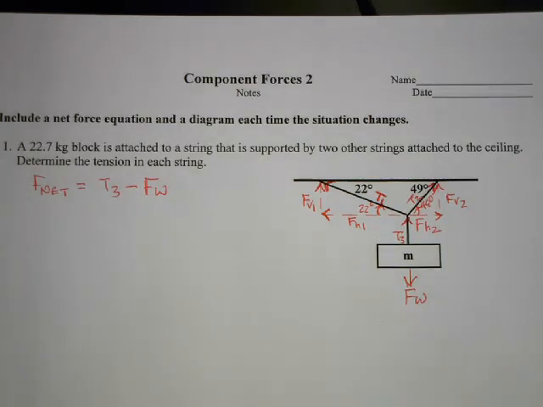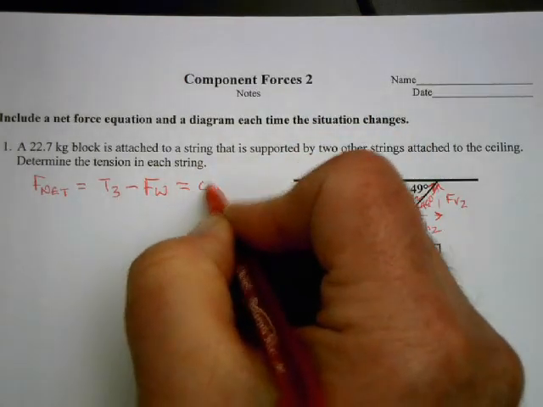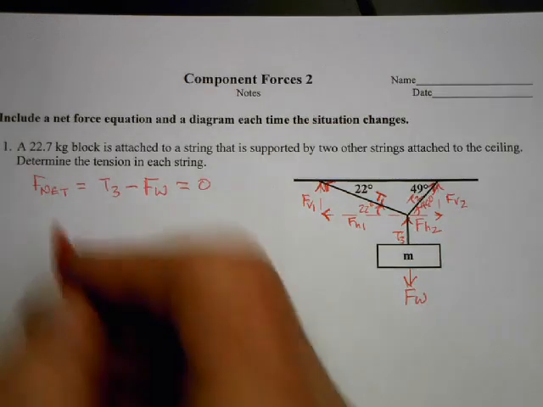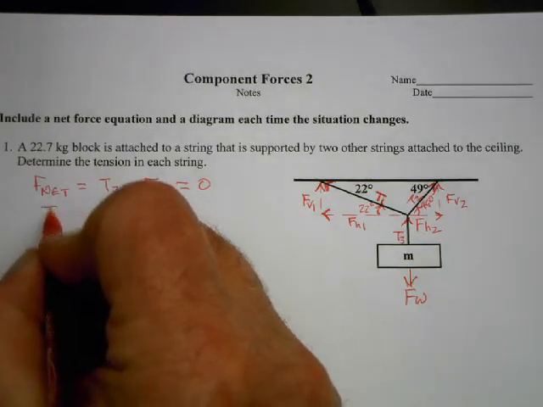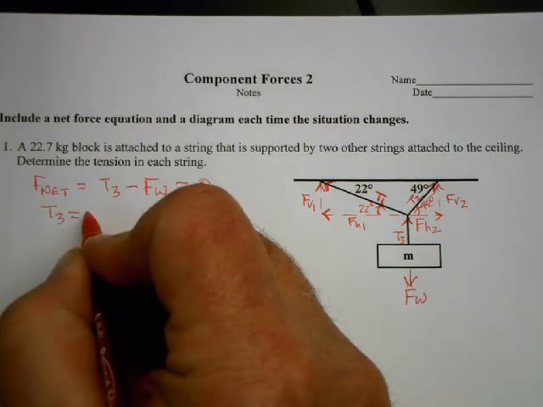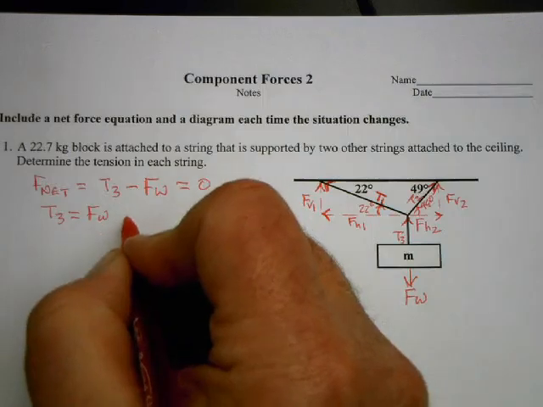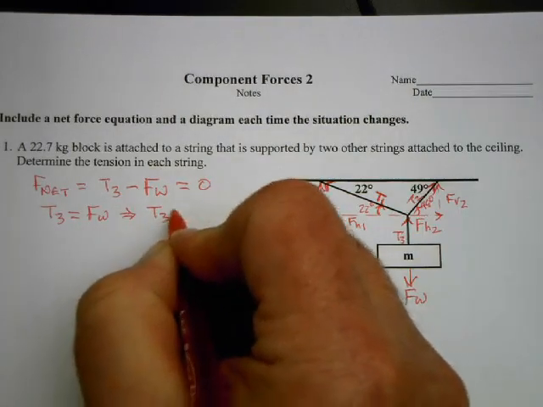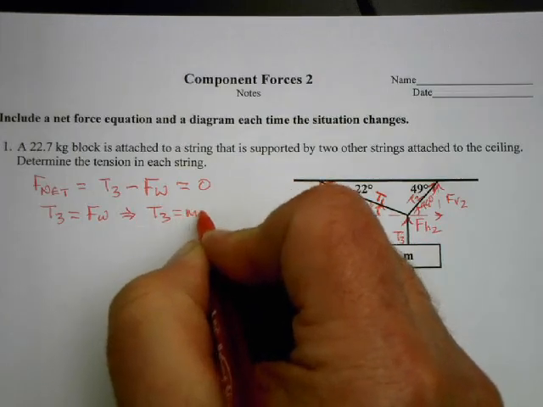Of course, the block has weight, so that's going down. And again, nothing is moving, so there can't be any acceleration. Therefore, there's no net force. This will lead us to, of course, T3 equals Fw, which would be mg,